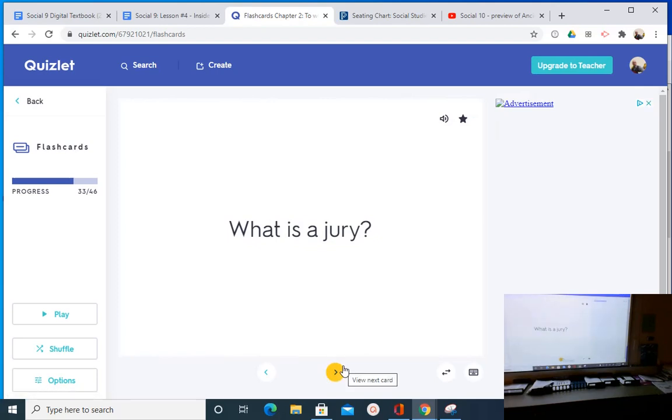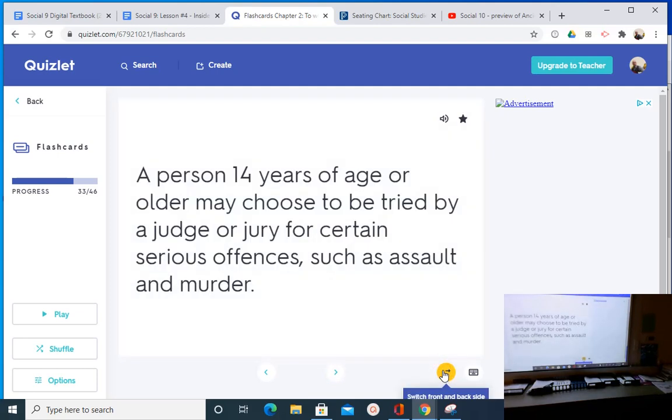So what is a jury? At the end of the chapter, it gets more into the Criminal Code of Canada and adult justice. And if you are selected for a jury, and I was selected in March, and I'm still waiting for that trial because of COVID, it never happened. So there's a slim chance I might not be with you if they force me to serve on the jury.